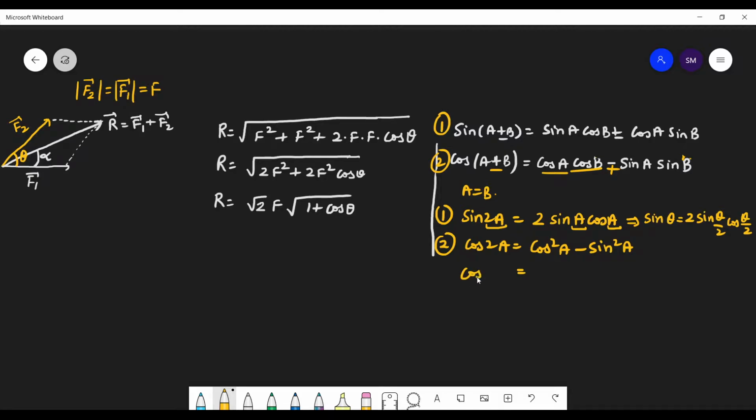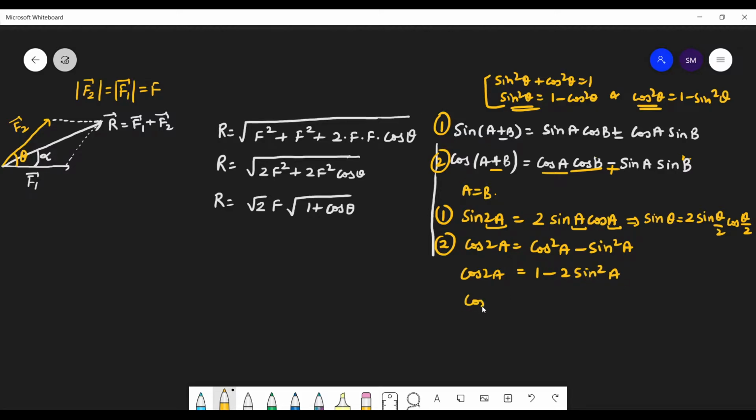So we can rewrite this as, so we know that sin square theta plus cos square theta is equal to 1. So from here we can write the value of sin square theta is equal to 1 minus cos square theta, and cos square theta is equal to 1 minus sin square theta. So putting these values of sin theta and cos theta here. So first put the value of cos square, what will you get? 1 minus sin square A. So 1 minus sin square A and then again minus sin square A. So you can write 1 minus 2 sin square A.